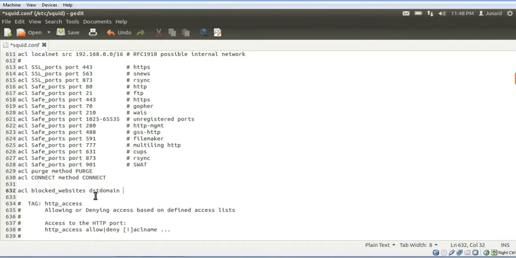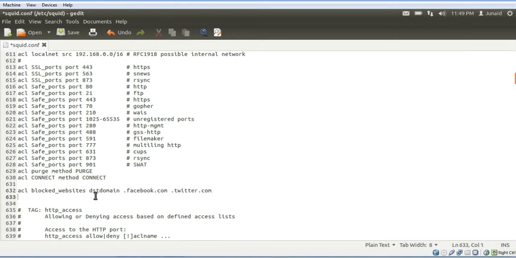So for example, if we want to block facebook.com, we write .facebook.com, and if we want to block another URL, we'll write it in front of the same line. So we can add another one by typing in .twitter.com,